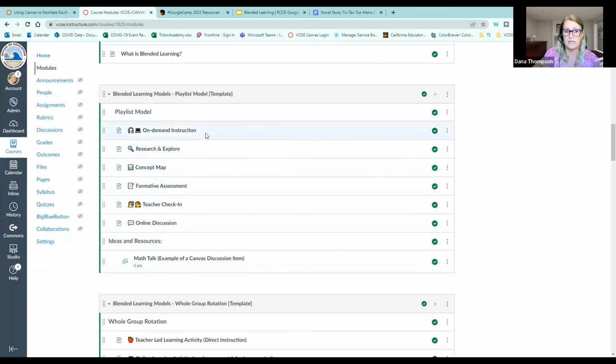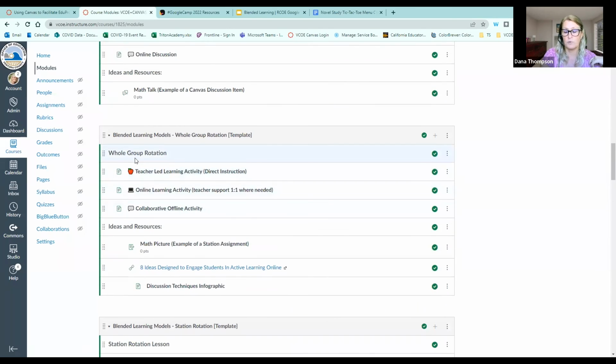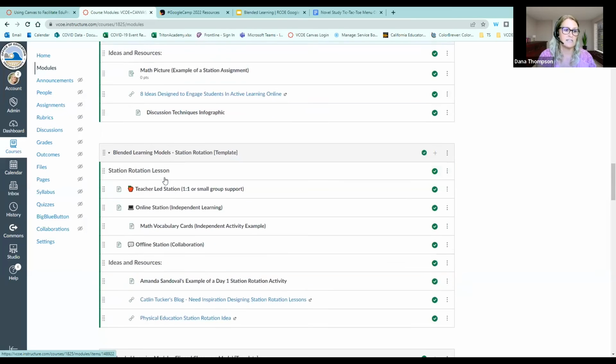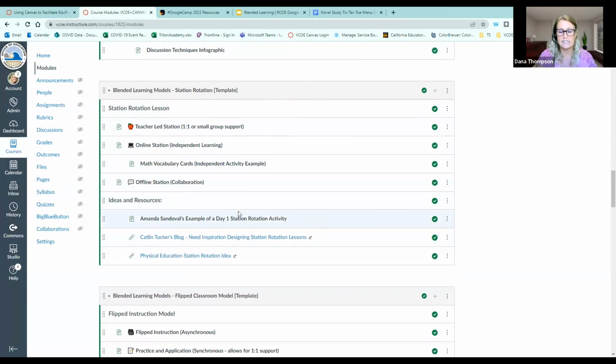But this would be a playlist model. This would be a whole group rotation where the first model is teacher led. And even though I might be leading direct instruction, I'm going to put an overview or a summary for students who are absent to be able to come in and know what they missed and have access to the resources that I shared when they weren't here. Then they go in and do an offline learning activity, and then maybe they collaborate offline in small groups and those kinds of things. So it's really easy to set these up in your learning management system,